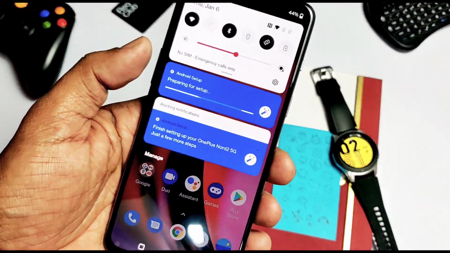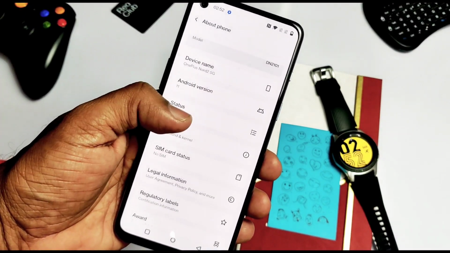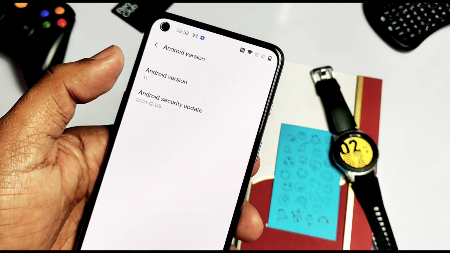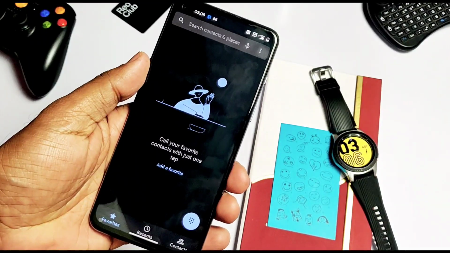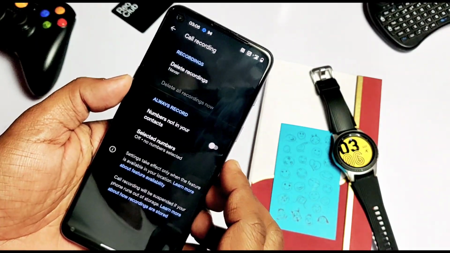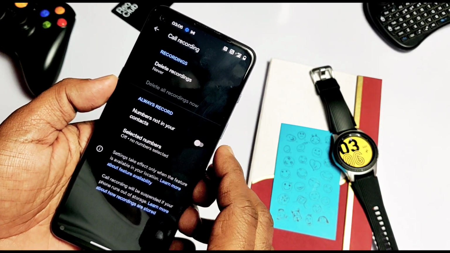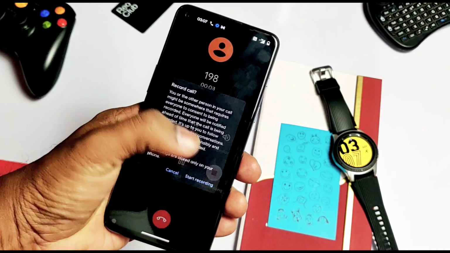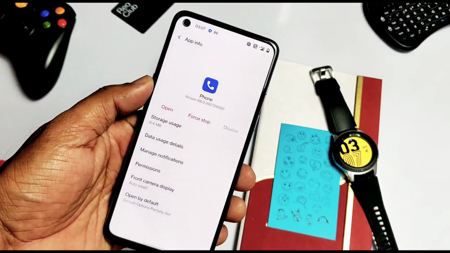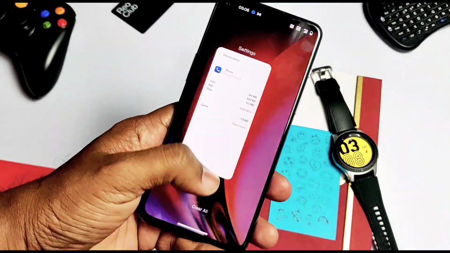If you go to About phone, we will see we are upgraded to A16. The security patch is of 5th December 2021, same as the last A15. So this upgrade is just for some bug fixes that were found in A15, like the call recording feature which was removed previously. Now if you go to the phone app and tap the 3-dot menu, we get the call recording option. But sometimes if you still don't get that, just go to the phone app settings and wipe its data and it will be available again. Now we can take call recordings in the Google Dialer app again.